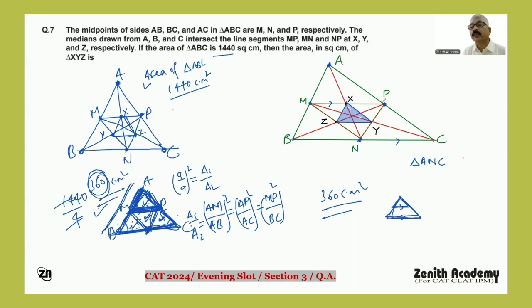इसका मतलब यहाँ पर ए एक्स पी, ए एन सी का सिमिलर ट्रायंगल होगा। सिमिलर ट्रायंगल है, तो अगर ये एसी का मिड पॉइंट है, इसका मतलब करस्पॉन्डिंग साइड का रेशियो जब इक्वल होना है, तो अगर ये मिड पॉइंट है तो यहां से यहां तक और यहां से यहां तक इसको भी हाफ हाफ होना चाहिए। इसका मतलब ये प्रूव हो गया कि एक्स जो पॉइंट है इसका मिड पॉइंट है, ए एन का। सिमिलरली वी कैन से वाई इज ए मिड पॉइंट ऑफ पी एन, जेड इज ए मिड पॉइंट ऑफ एम एन। बात समझ में आ गई।